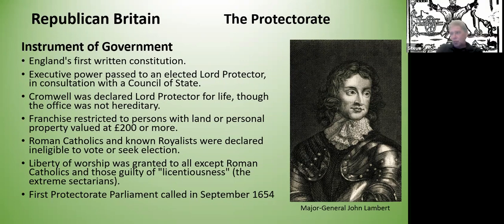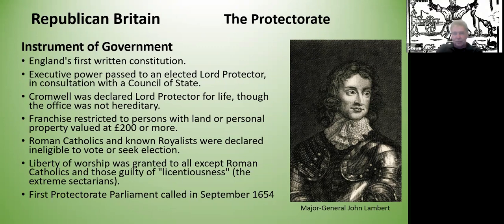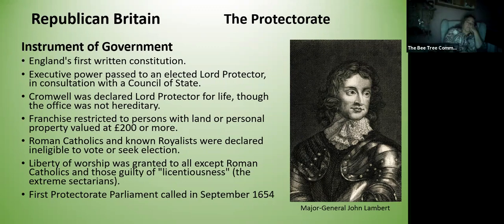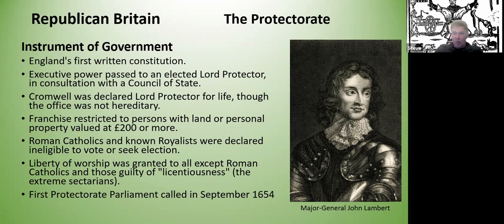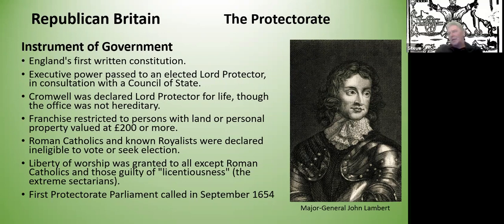The franchise, though, was restricted to persons with land or property valued at 200. And this is a direct repudiation of the Leveller ideas. Of course, Roman Catholics and known royalists were declared ineligible to vote or seek election. Liberty of worship was granted to all, again, except Roman Catholics and those guilty of licentiousness. That meant people like the Diggers or the